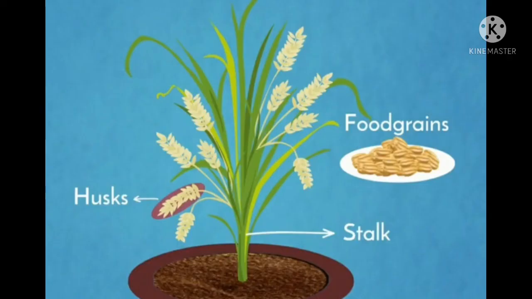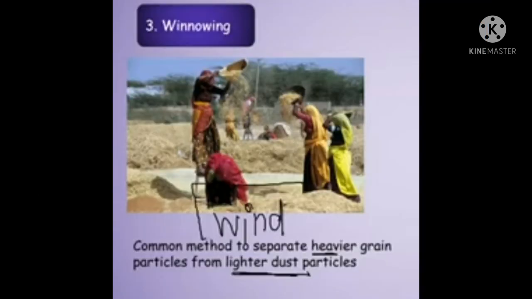Now let's see how we get food grains from the plant. We all know that food grain is covered by the husk and it is attached to the stalk. So, can we use the hand picking method to separate each grain? No, it will not be possible to separate it by using hand picking. So, what method can we use? Well, this method is used by the farmers and it is winnowing,